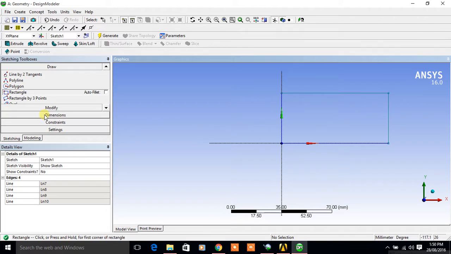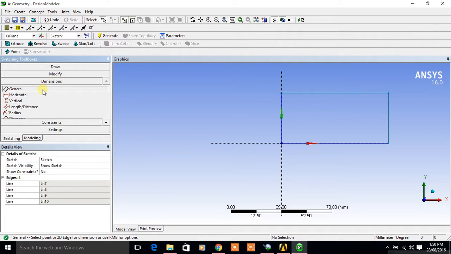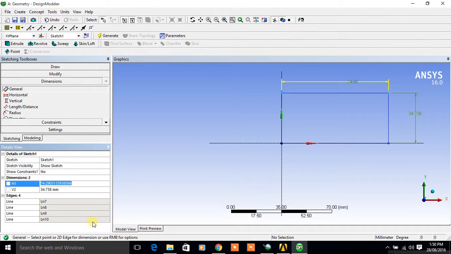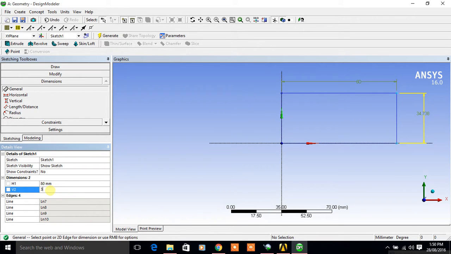So what I do is go on dimension, and in dimension I select general dimension. It will give me the two values for general dimension. Let's say this is 80 and this is 30, or make it 50. So this is my rectangular dimension.